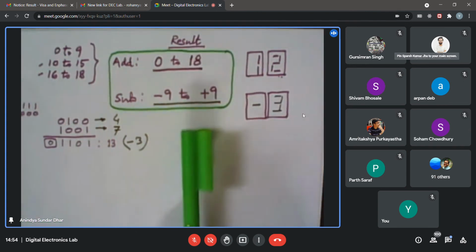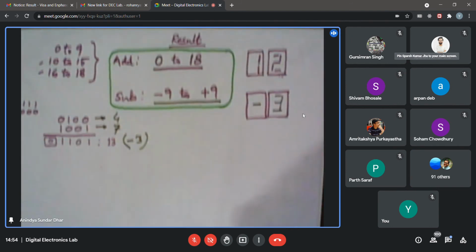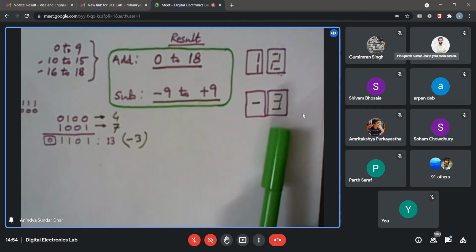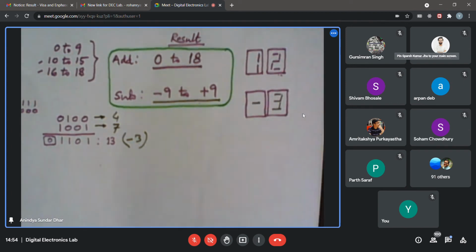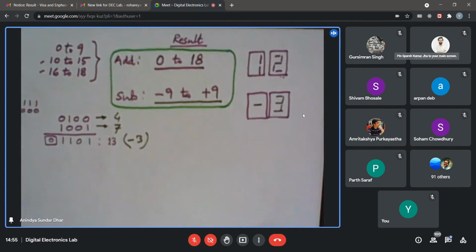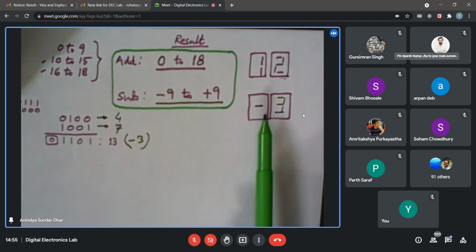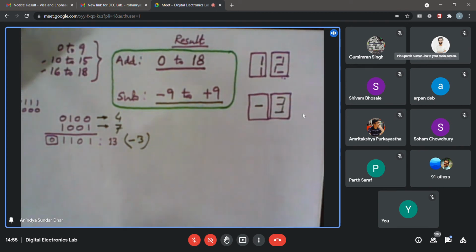So don't get bothered if you do something like 7 minus 7 and get 0, but with 8 minus 8 it comes as -0. Right now we can accept that for your challenge problem. But in practice, it is better not to have such a thing. But in case you have it, that is still acceptable.